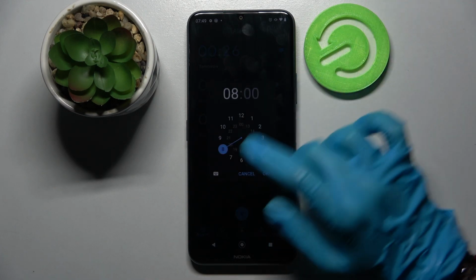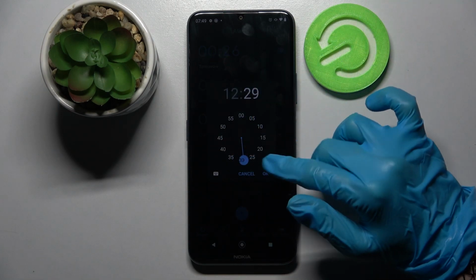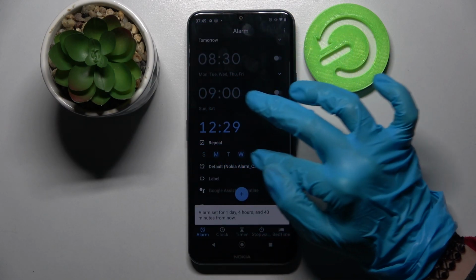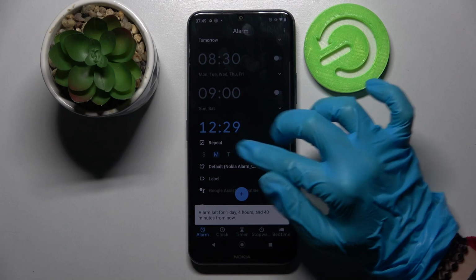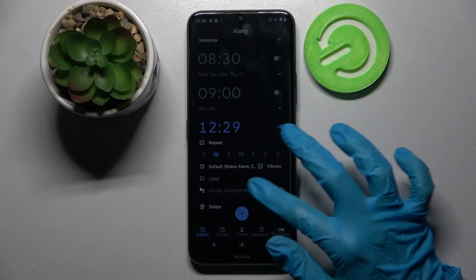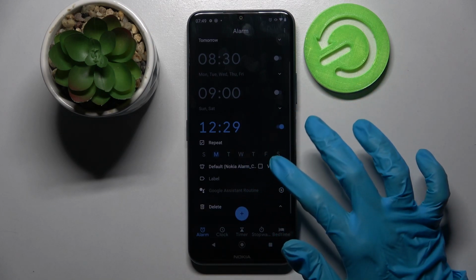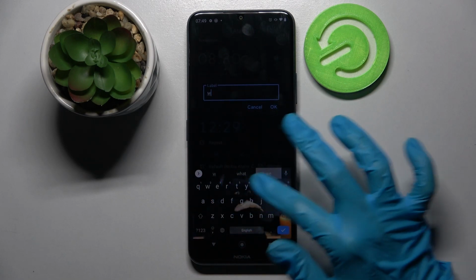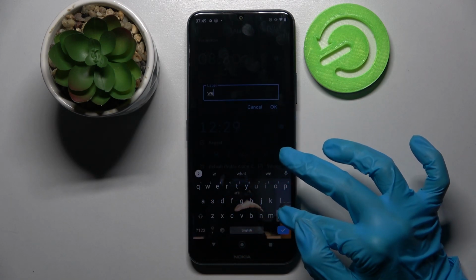Now tap on this blue plus icon and set up an hour. When you're ready, choose OK and tap on repeat. Over here you need to select days of the week. I will go with Mondays only, and then you can also click on vibrate to disable or enable vibrations. Now tap on label your alarm however you wish to and save it